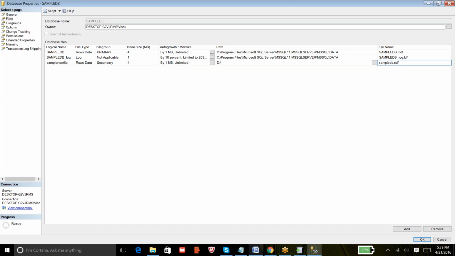So it is always good to make your life easy, so that it's sample db new, then it's NDF. So once you define it this way, you can just click on OK.